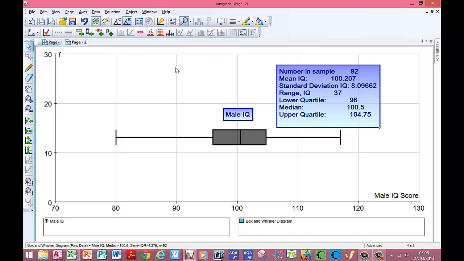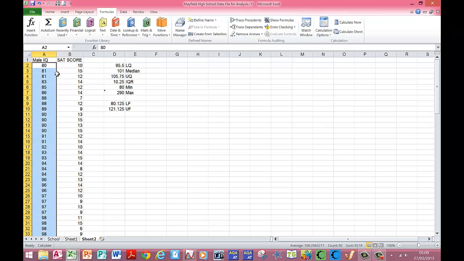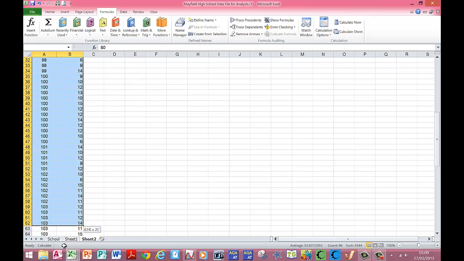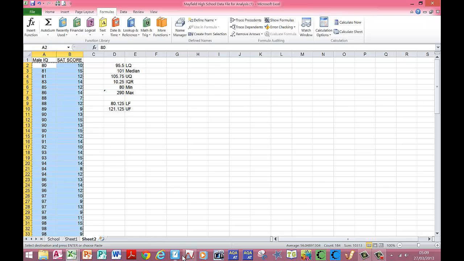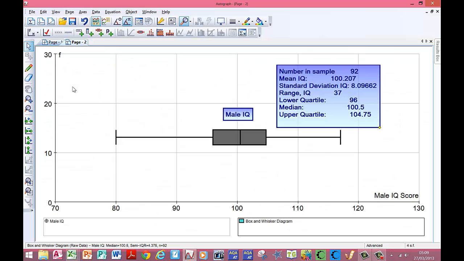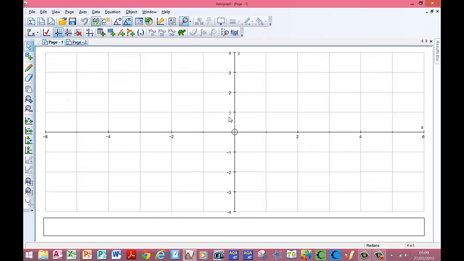If I want to do other calculations, so for example I want to draw a scatter graph, then I'd go back to my original data. I would then get hold of both the data, the bivariate data, copy, take that into Autograph, and this time I want a 2D page because I want to draw a scatter graph. So I've got my 2D page. Click on the green plus where it says enter XY data,